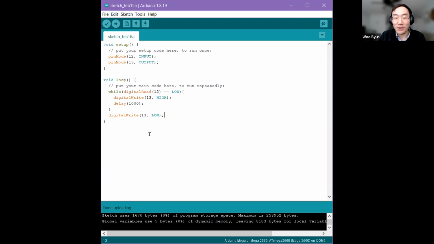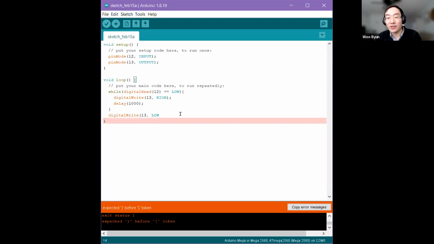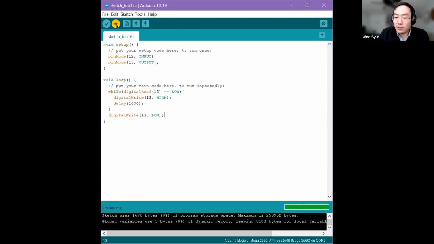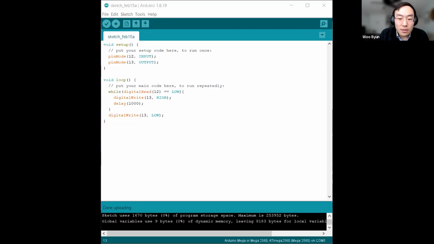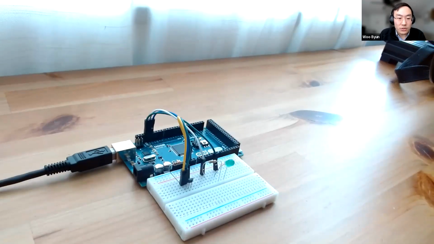Oh, and if I make an error, right? It tells you that you did something wrong and where it went wrong. So that's why these IDEs are really helpful, where you can just write code and it tells you where you went wrong. And there's different settings there. So I'm gonna go back to the camera. And let's make sure that